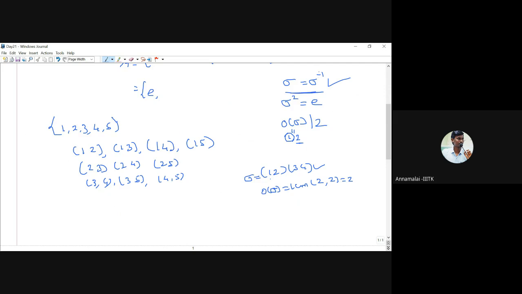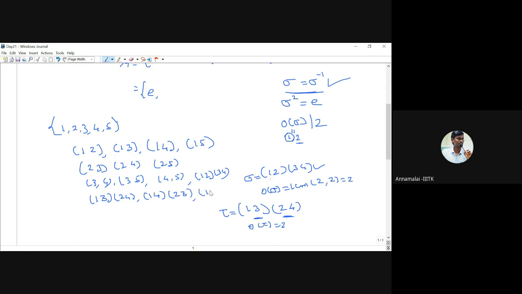Now, what is another possible permutation? Suppose I am fixing 1, 3. Now, what do we have to use? What are the remaining elements? 2, 4. Again, these two are transpositions, both are distinct. Therefore, if you take tau equal to this, then the order of tau is also 2, because you take the LCM. So the permutation (1 2)(3 4) is one of the permutations whose order is 2. And if you fix 1, 3, then we take the remaining 2, 4. And if you fix 1, 4, then the remaining are 2, 3. So these are all permutations whose order is 2.